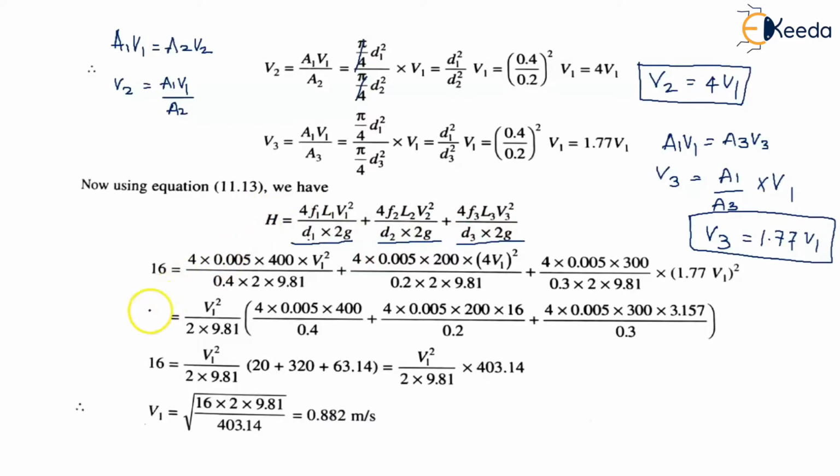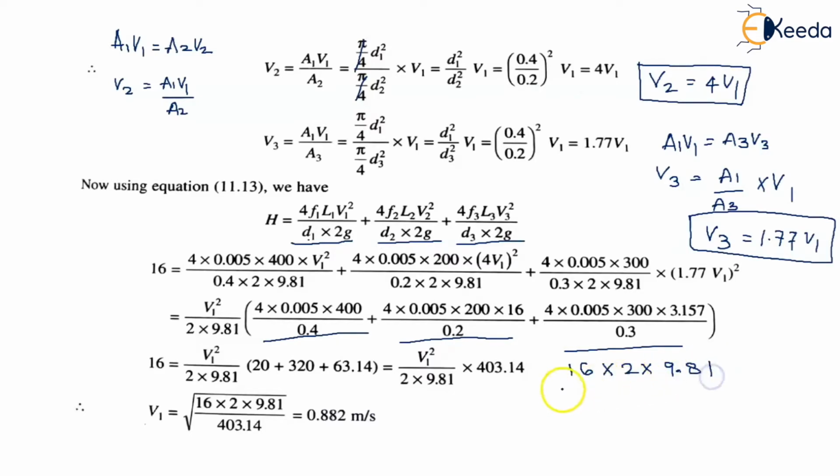So now after substituting all the values and substituting V2 as 4V1 and V3 as 1.77 V1, we come across a relation 16 is equal to V1 square upon 2G in the bracket 20 plus 320 plus 63.14, and all these three values are obtained after calculating the values from the above equation. So now this becomes V1 square upon 2G multiplied by 403.14. So this can be written as 16 multiplied by 2 multiplied by 9.81